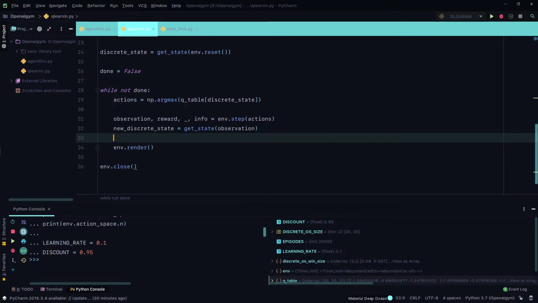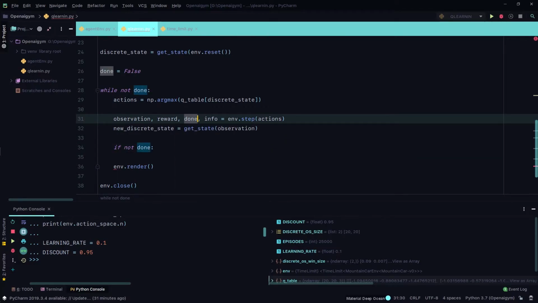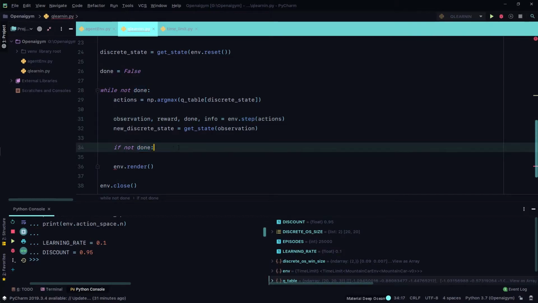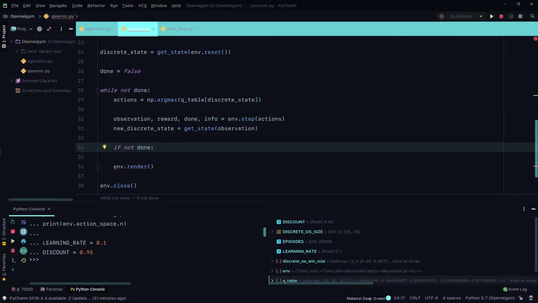I don't think we need anything. So now if not done, right? So if not done, and this also, yeah, this returns done. And if not done, that means if we have not achieved our goal, what we are trying to do here is,